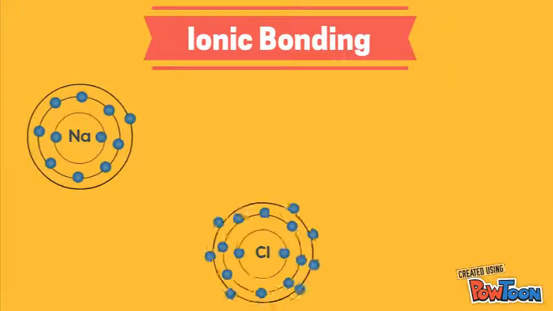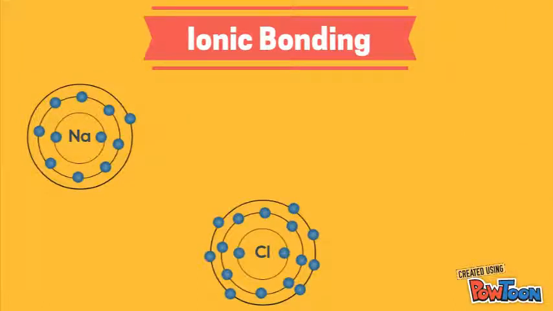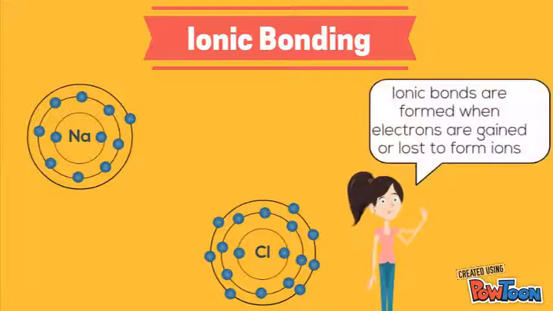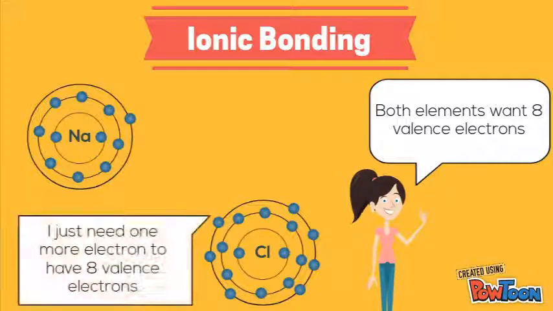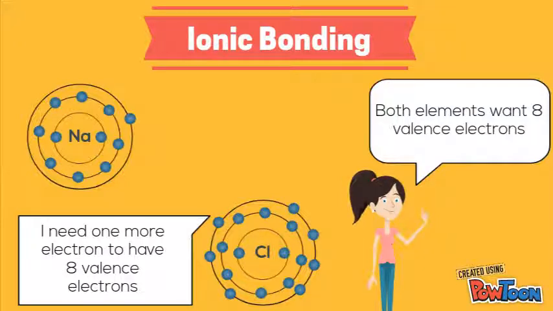These two elements do a special type of bonding called ionic bonding. Ionic bonds are formed when electrons are gained or lost to form ions. Both elements want to have 8 valence electrons since that gives the best flavor. And chlorine wants 1 more electron to have 8 valence electrons since it has 7, and sodium needs 7 more electrons, but it's difficult to get 7 more electrons, so it just wants to get rid of the 1